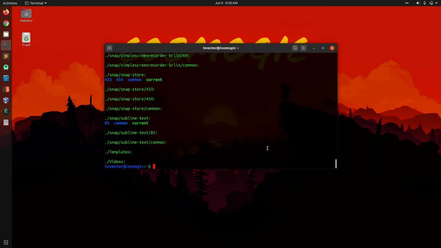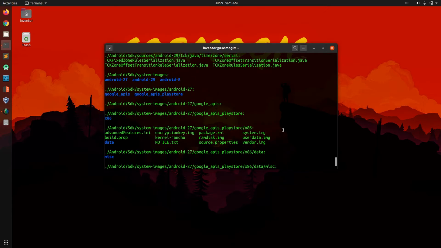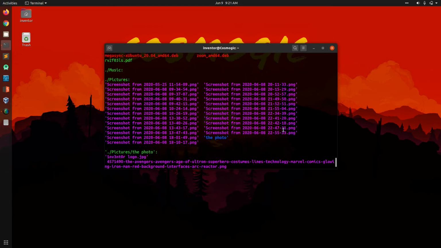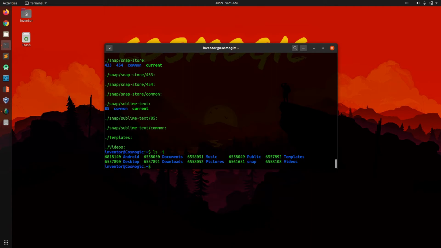Here we will get all the directory tree present. Now if we want to check the inodes, we can write ls -i.